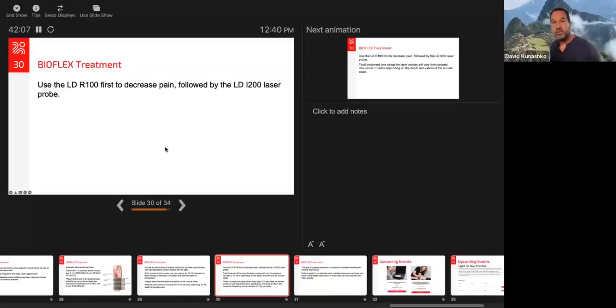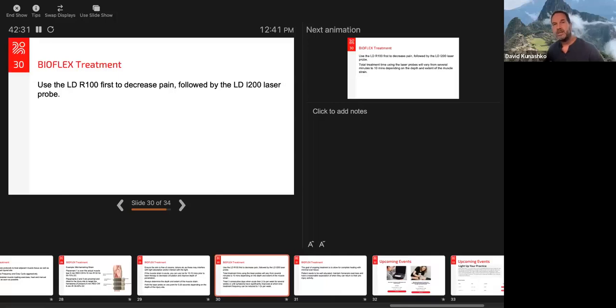If you have the red laser probe, it's very helpful for pain, not so much for healing in muscle tissue, but it can help reduce pain. So I would recommend that you also use the LDR 100. If you don't have that one and you're wondering why you would want to get it, or should I get it, I mean, end of the day, it's another tool to have. It's quite effective for